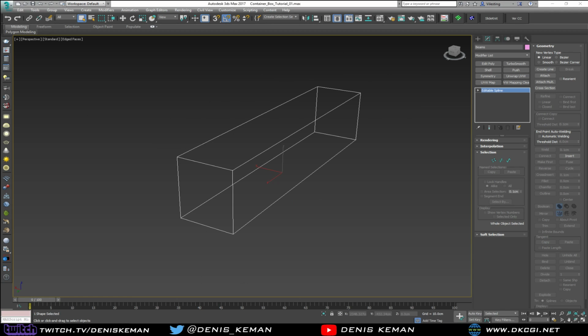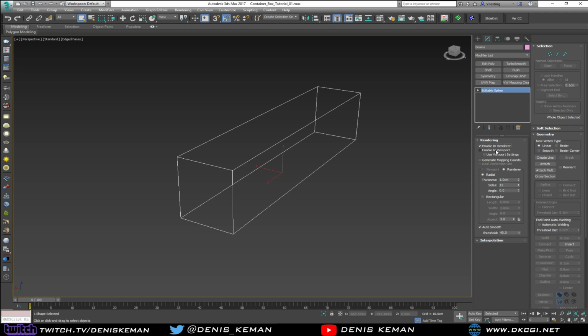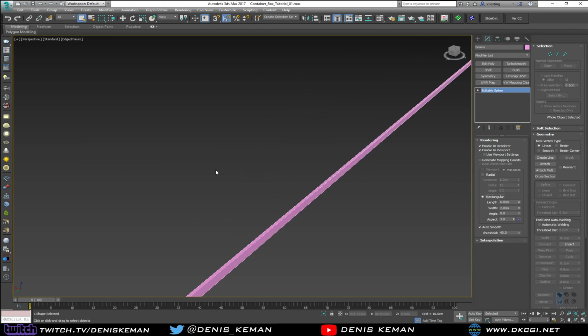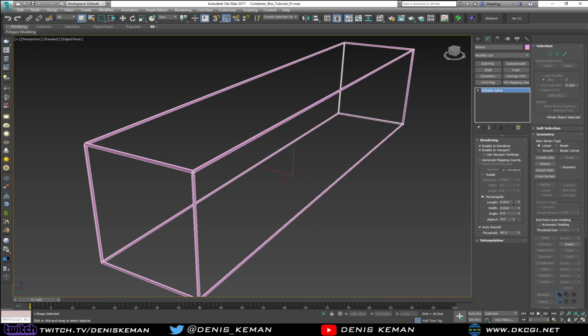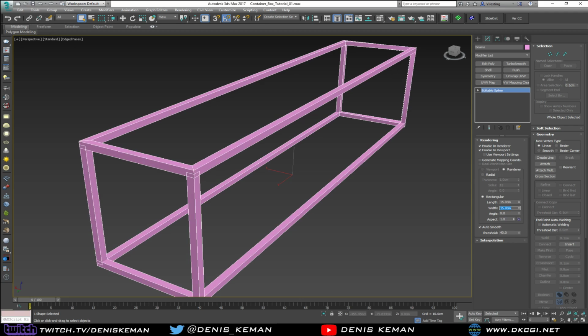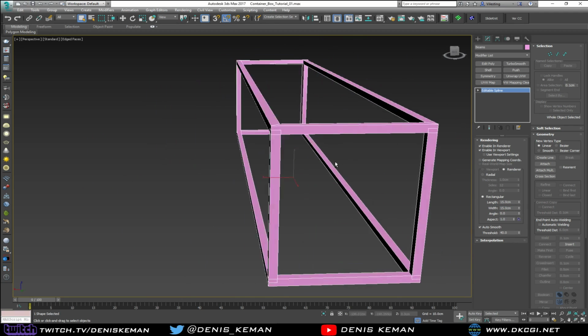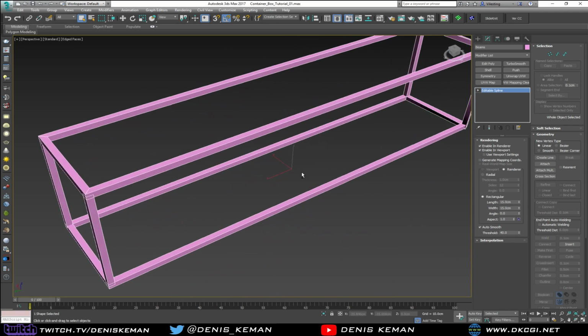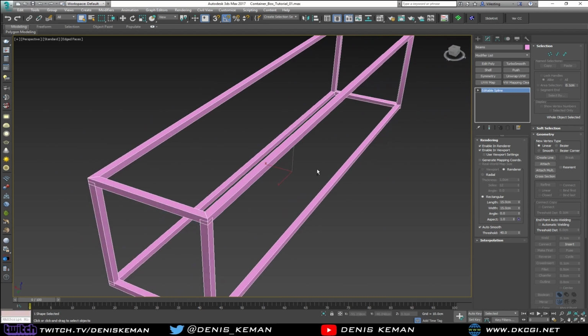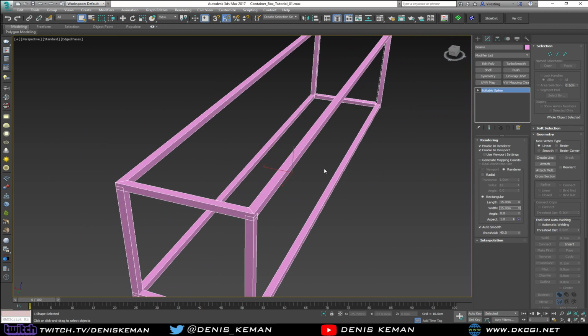In order to do that, I'm going to make them renderable, enable in render and in viewport, and make it rectangular. Now I want this thing to be 15 centimeters by 15 centimeters. So we have beams which are the size 15 by 15. As it is like this, it's actually okay, but the thing here is that if you take a look at